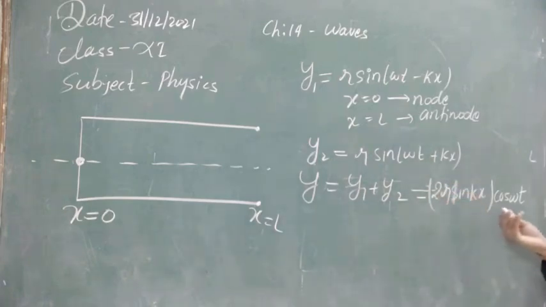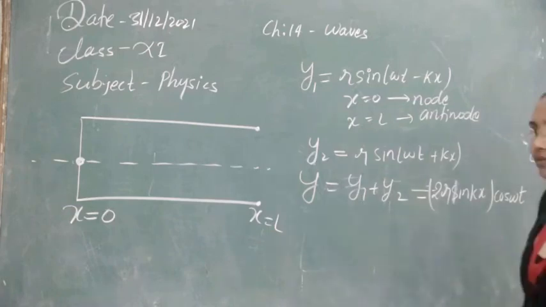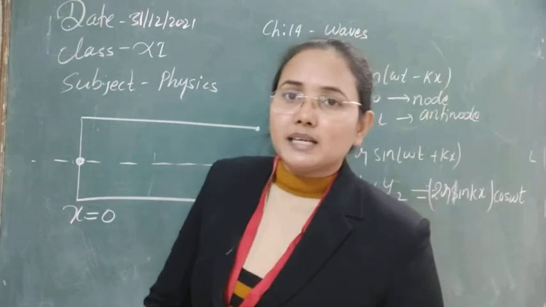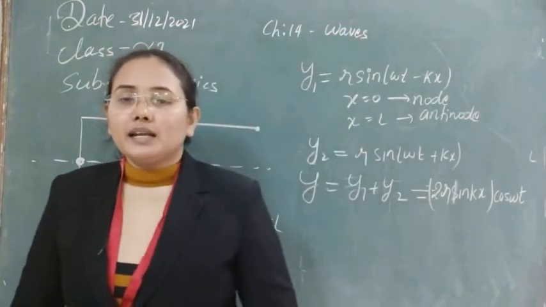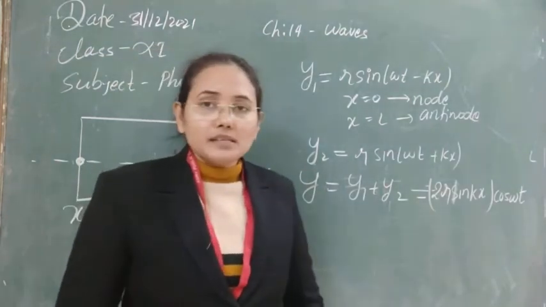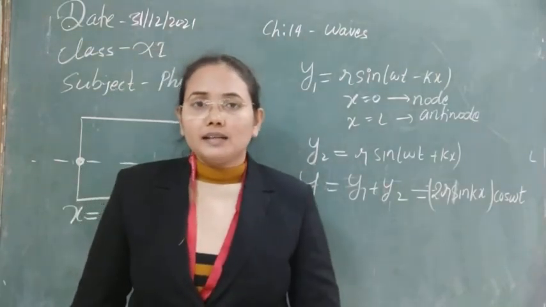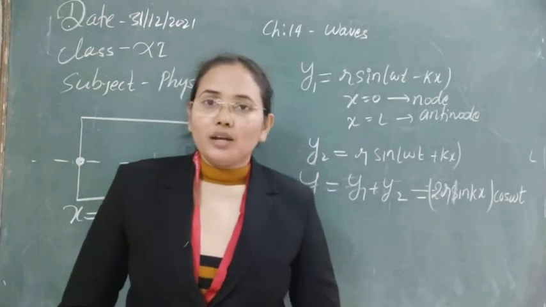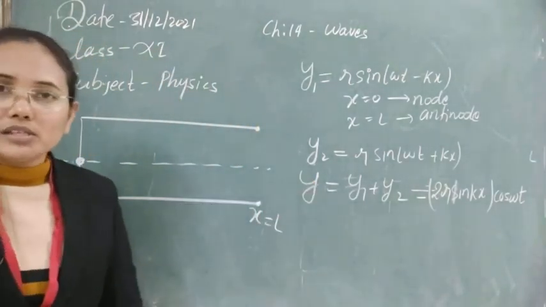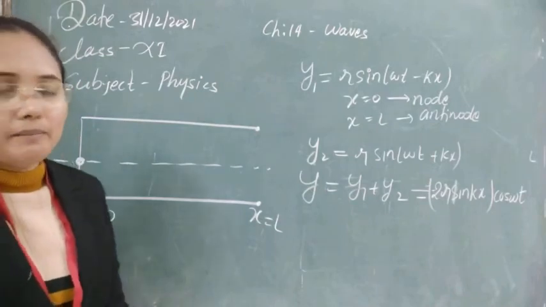Now in this case you can see this wave is not in the form of a progressive wave, r sin(omega t plus kx) or minus kx, so it is not representing any kind of travelling or progressive wave. It is showing that the wave is stationary in space, that is, standing. So that's why we also call it a standing wave. And this is now the production of a standing wave or stationary wave in an open organ pipe.